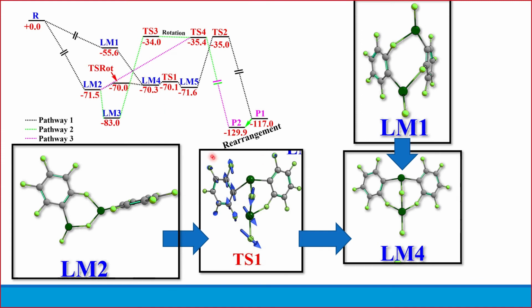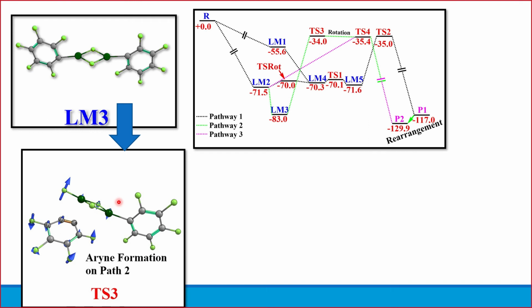And this transition state was somewhat difficult to prepare. Rotary transition states tend to be difficult to prepare, but here it is. We got it. It worked out. Not a very high transition state either. Almost no energy required to rotate, which is kind of surprising. You think it would take more, but it takes almost no energy to rotate this complex. So the next